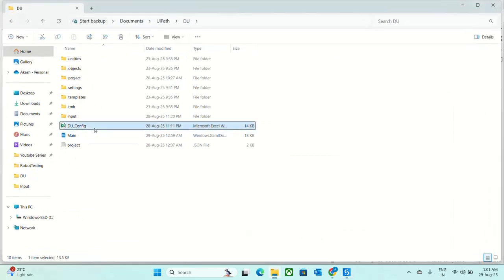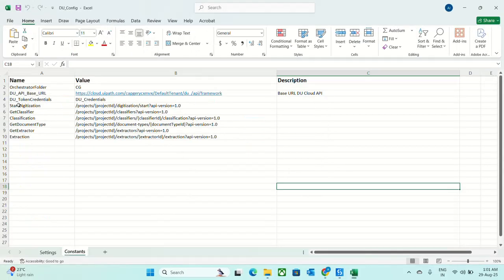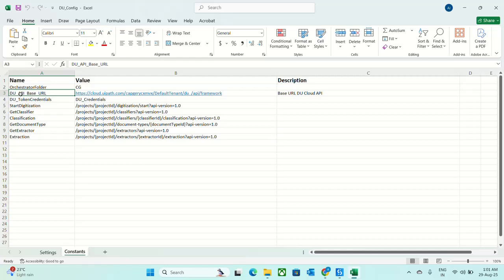Let me show you the config file. So this is the config file where I'm keeping all the details. This is my base URL, then I have created one credential for the app ID and app secret, then these are all the API endpoints to digitize the document, get the classifier ID, then classify the document, to get the document type, whether it is invoices, COVID, or any other document type, then get the extractor ID to extract the details,